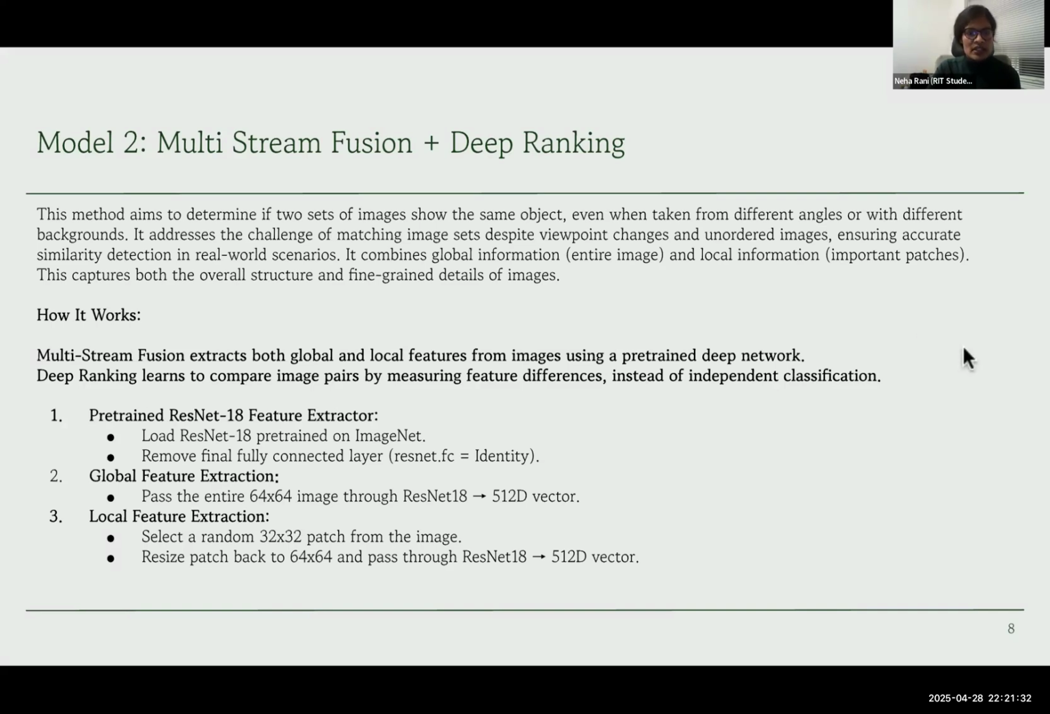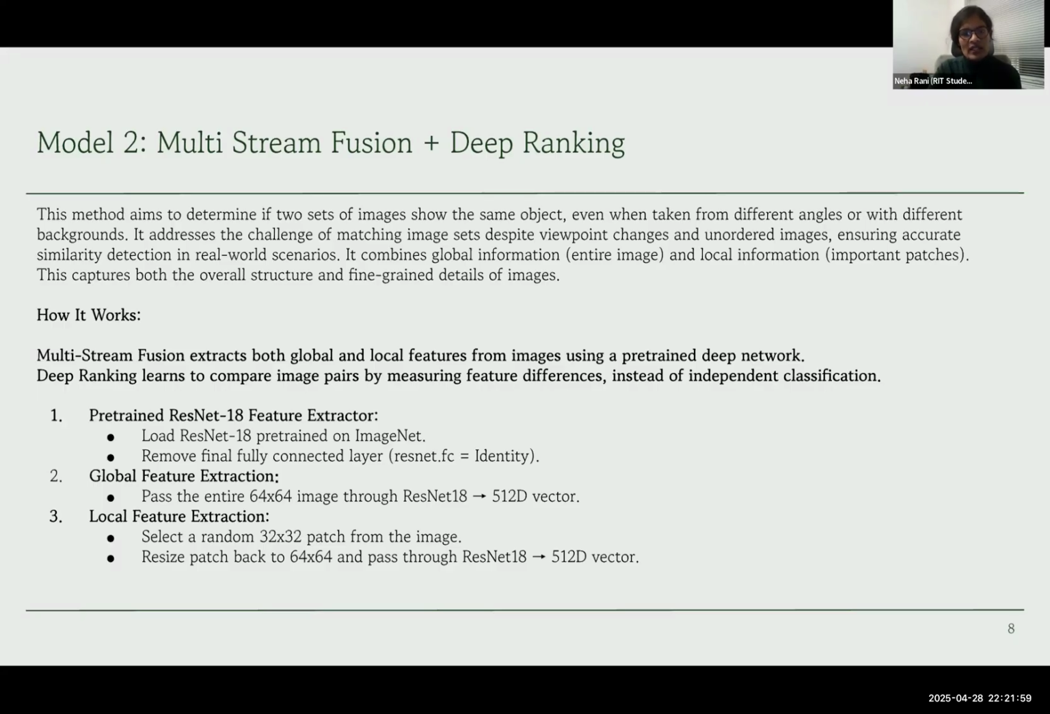So how we have used these in our project is first we have pre-trained the ResNet 18 feature extractor. We have loaded the ResNet 18 pre-trained on ImageNet, and then we remove the final fully connected layer. The global feature extraction is when we pass the entire 64 cross 64 image through ResNet 18, which gives a 512 dimensional vector. And then the local feature extraction happens, which is by selecting a random 32 cross 32